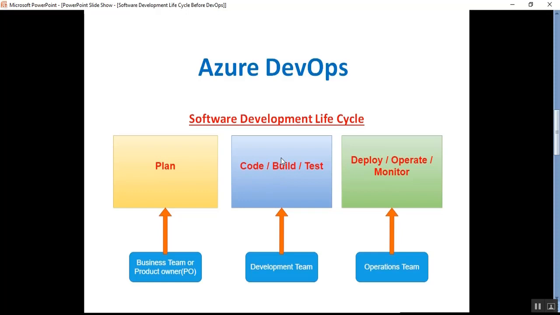After the code, build, and unit test, it will go to the testing team or QA team. They will do the overall testing using their automation or manual testing. All right, so this is the second step.